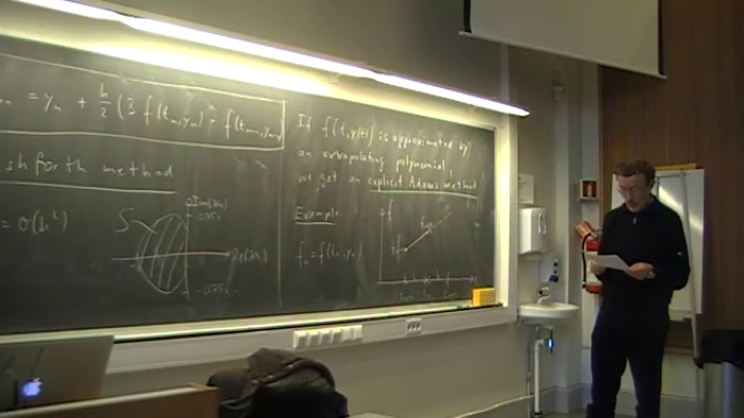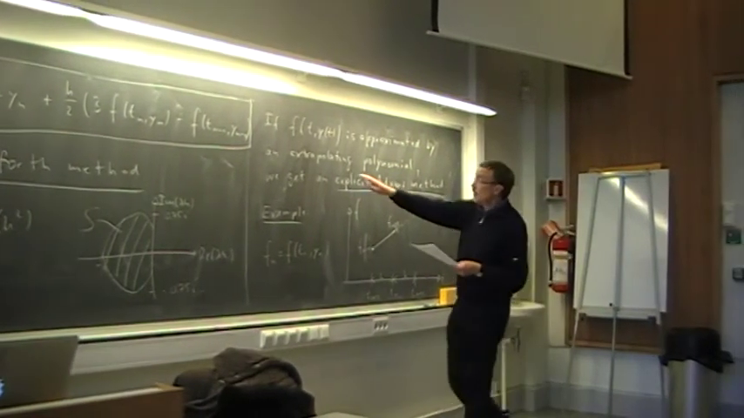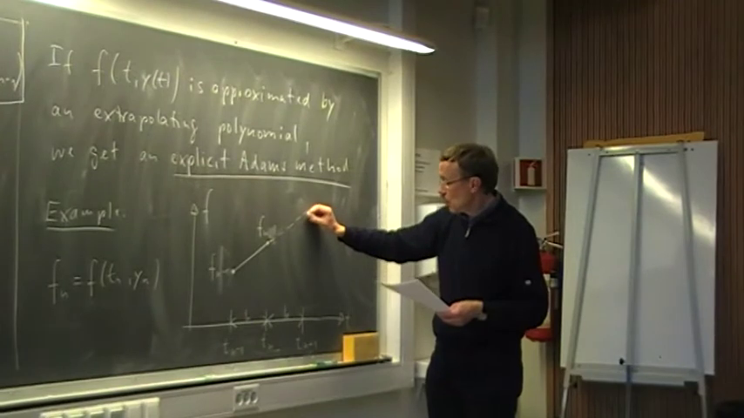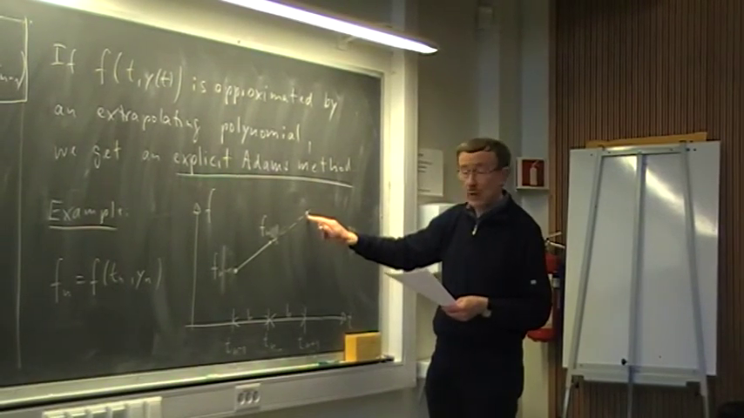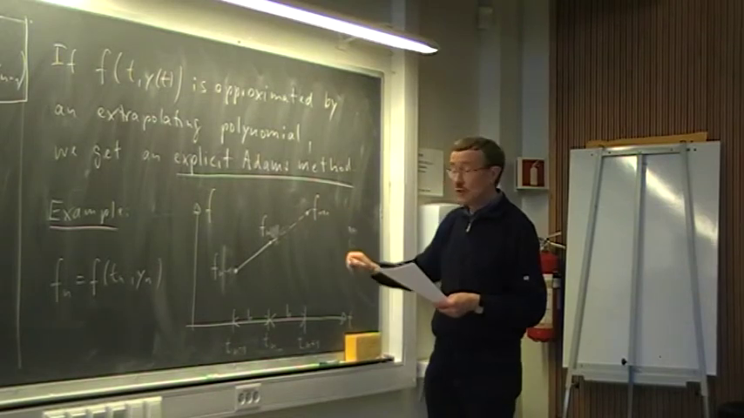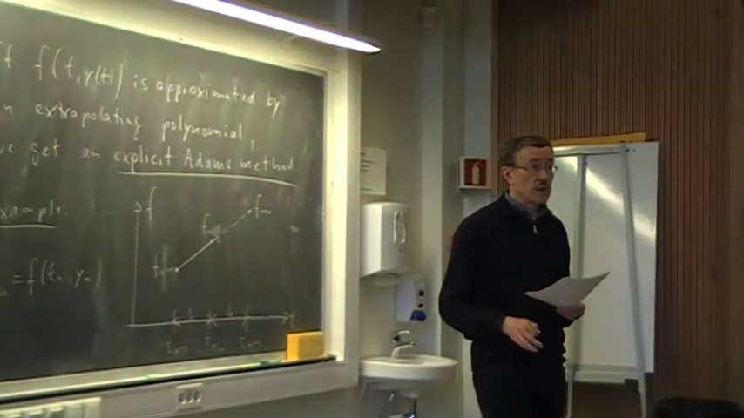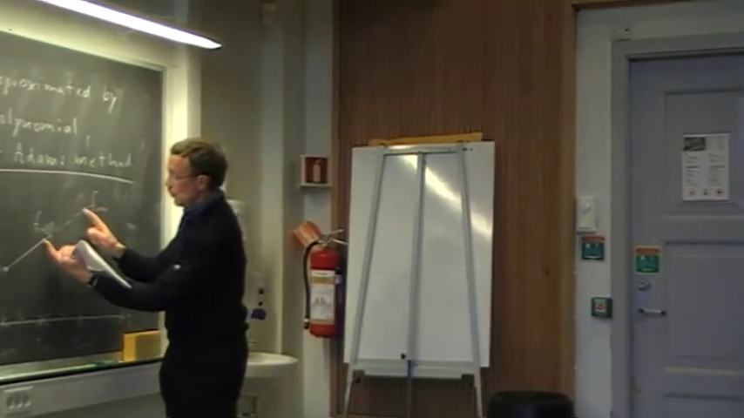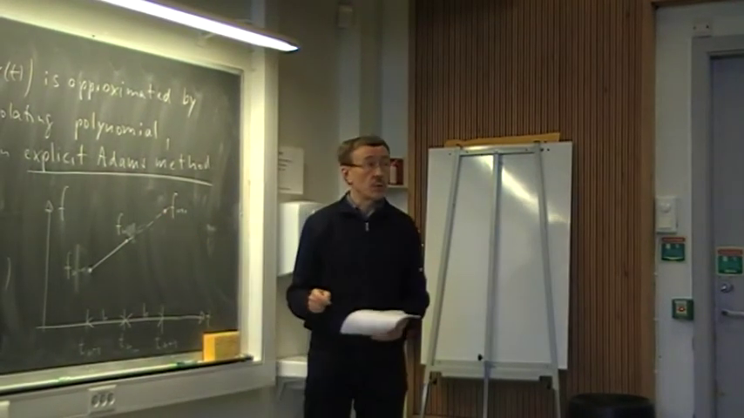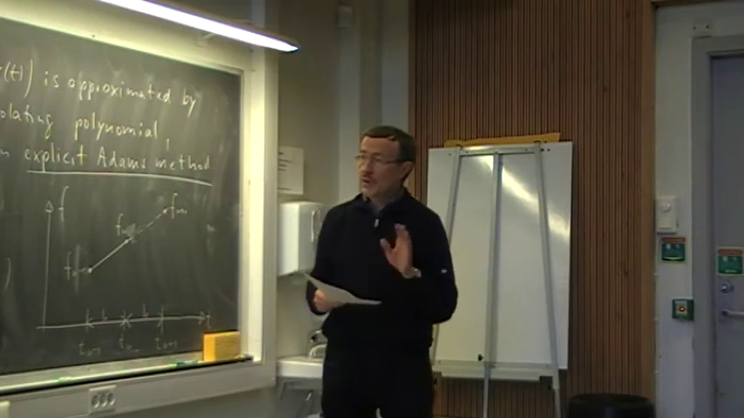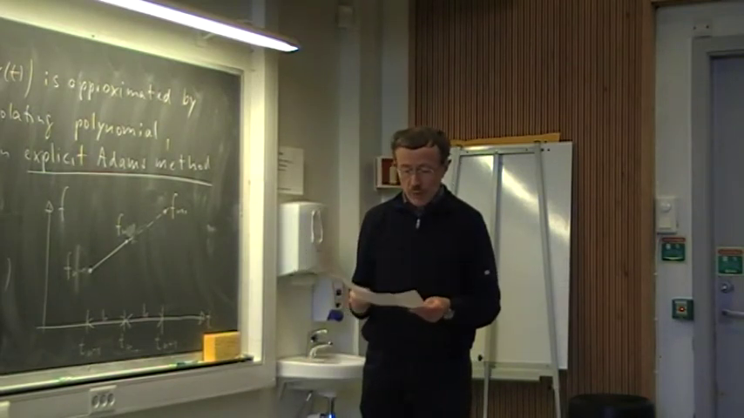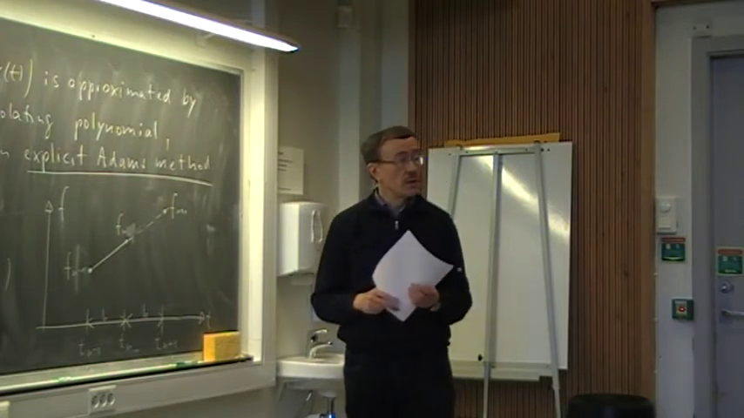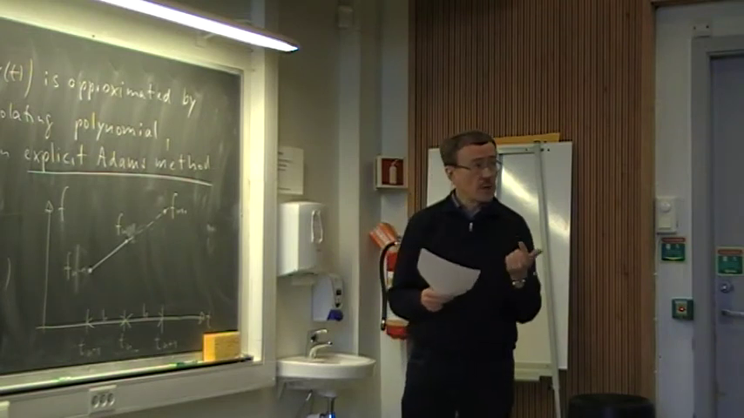Okay, and if we would use, instead of an extrapolating polynomial, an interpolating polynomial, it would mean that we would take fn plus 1 into account, which we don't yet know, but then we would get an implicit Adams method. One simple example is when we do this, we would actually get the trapezoidal method. Okay, but that should be enough to give you an idea of ODE methods, of their accuracy, their stability,